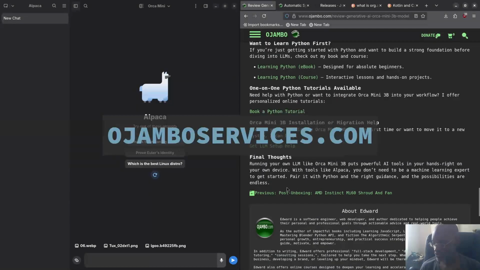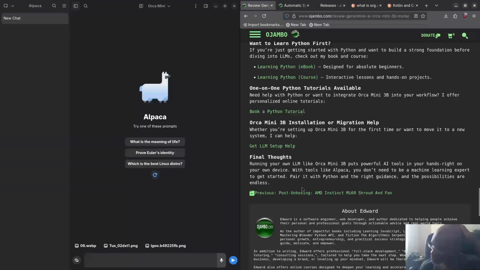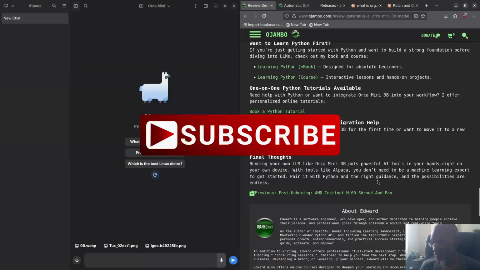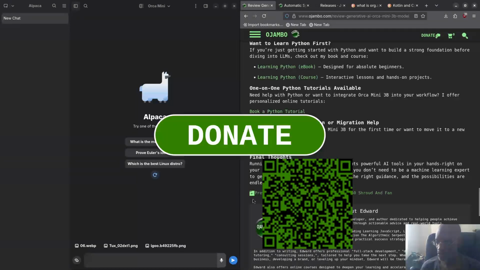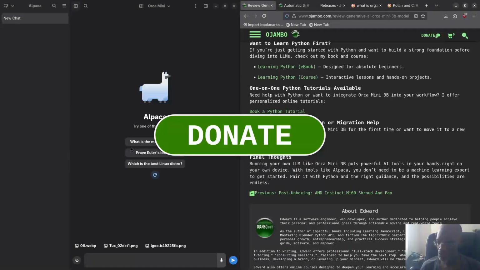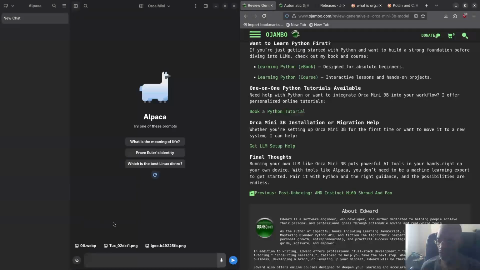So my final thoughts: running your own LLM like Orca Mini 3V puts powerful AI tools in your hands, right on your own device. With tools like Alpaca, you don't need to be a machine learning expert to get started. Pair it with Python and the right balance, guidance, and possibilities are endless. So just to conclude, this is probably going to be the smallest model I'm going to be using for a while, now that I have a GPU that's capable of doing